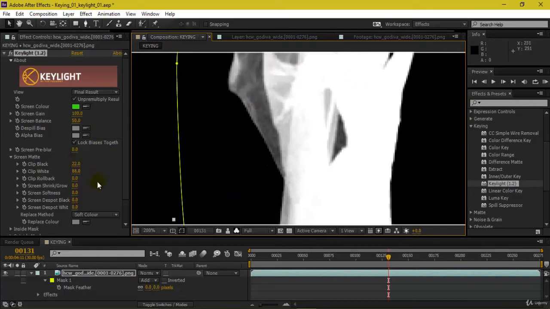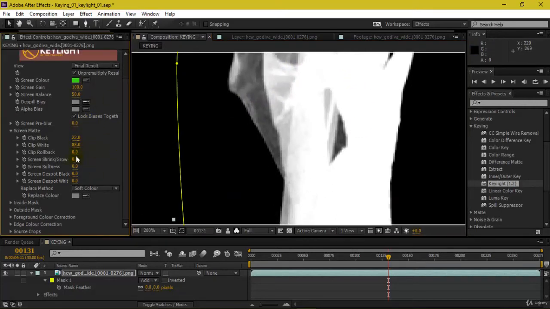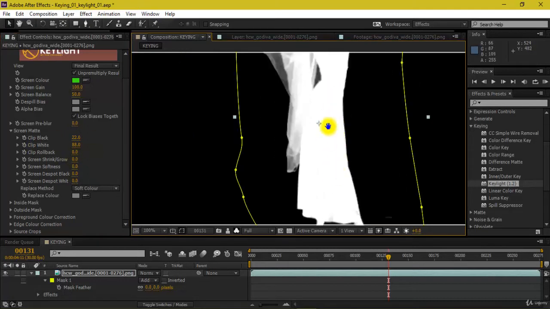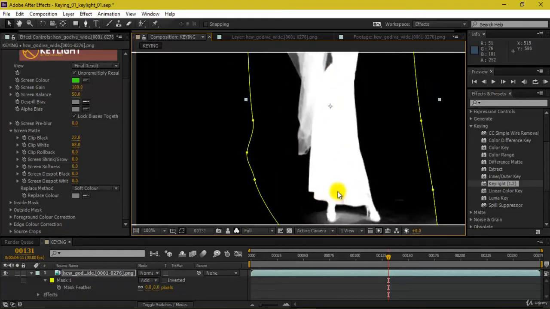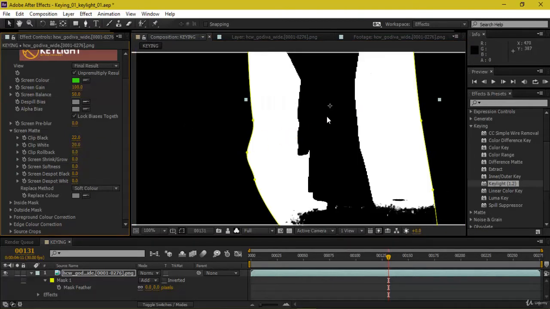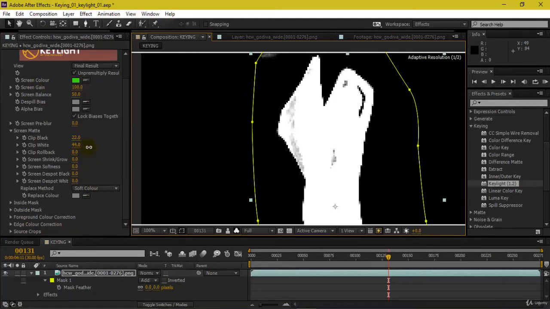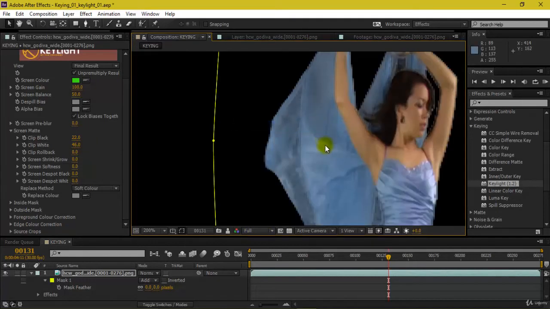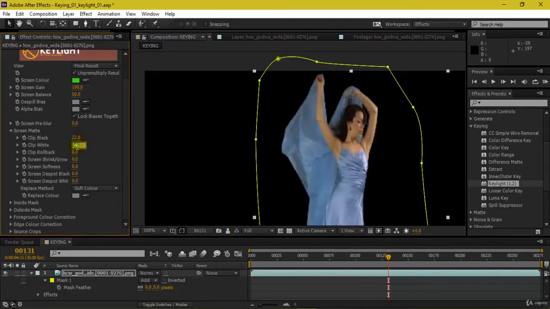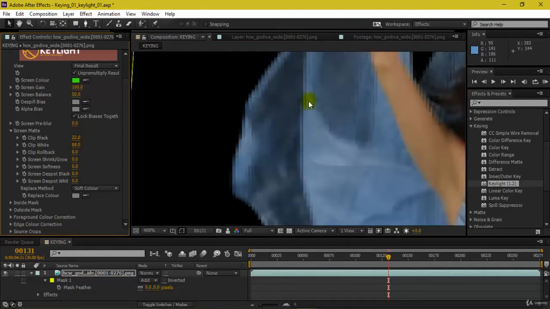So just increasing or decreasing the value haphazardly or randomly will not help, because you have to check your entire shot, and each and every aspect, as I said: top, bottom, left, right. If I decrease this down to maybe 20, it will reverse this entire thing. So if I take this to something like this, it has already made this fully opaque, which I do not want, as this is semi-transparent. So let me take this back to 88, so I get this transparency pretty fine.